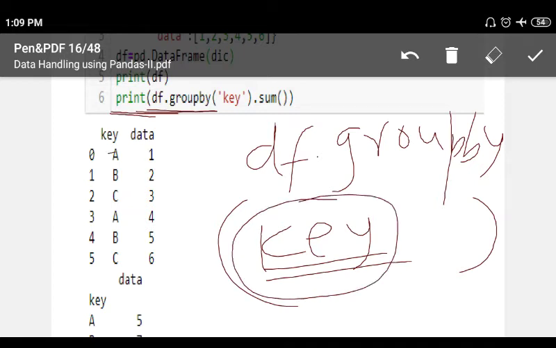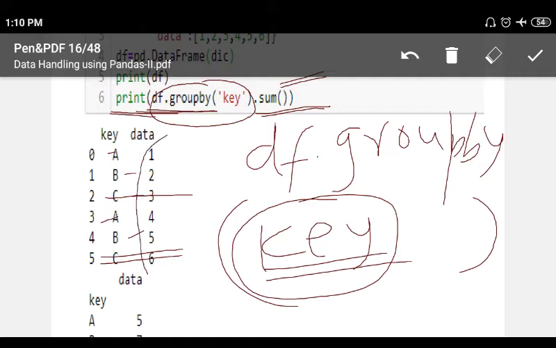So this is group 1, group 2, group 3. There are three groups on the basis of keys, and it will create a temporary frame and perform some operation on the numeric columns of this particular group.